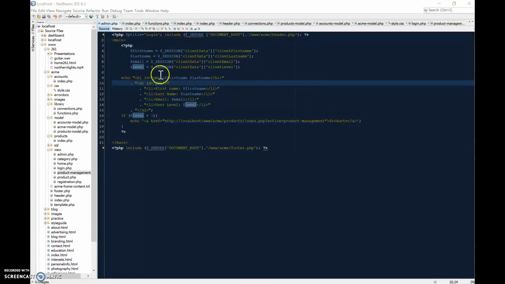First, I wanted to show that the view we have created for the admin page includes the sessions that we're starting, and then it also includes the first name, last name, and level when the user is logged in. And then if the user's level is over 1, then it will show this products link. And then for the login,